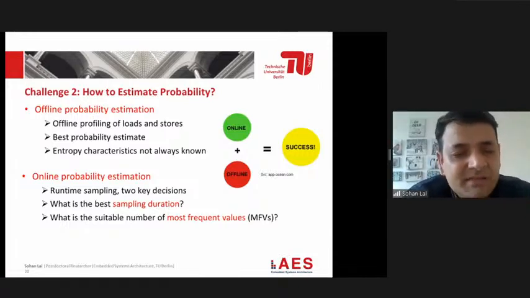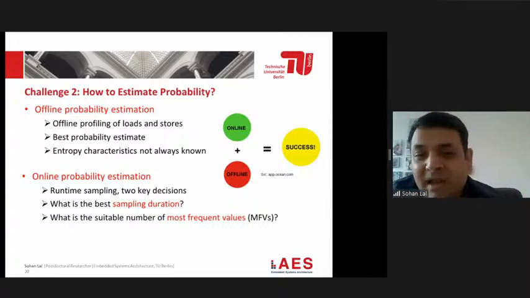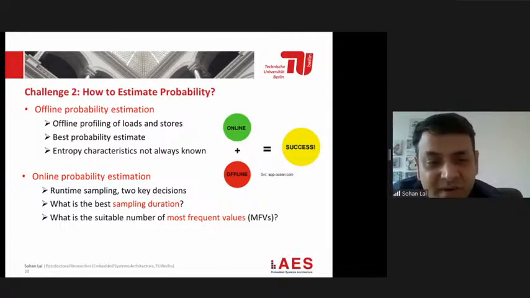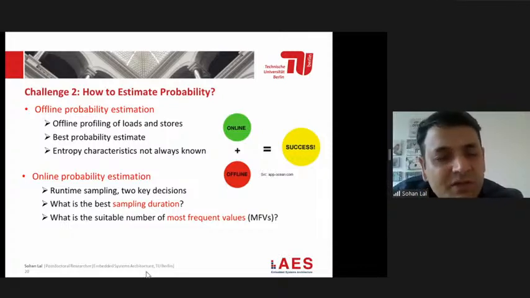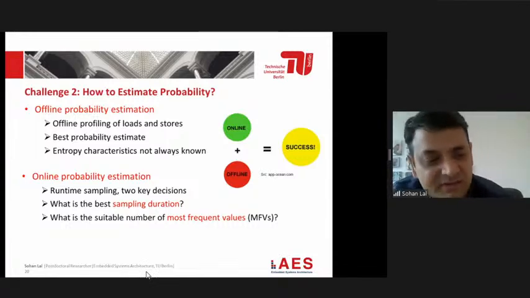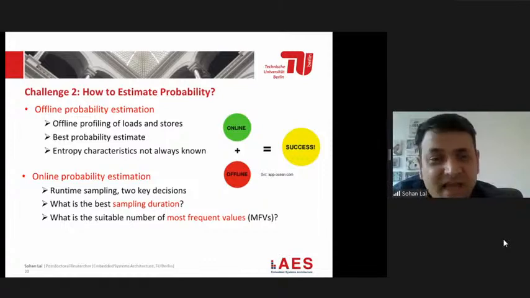We run the benchmarks, and in the beginning, we do sampling. For some duration, we do sampling, and during the sampling, we record different symbols and their frequency. Once we have the symbols and the different frequencies, we can come up with a coding table to do the compression and so on. The two important challenges that we have to tackle for online probability estimation are